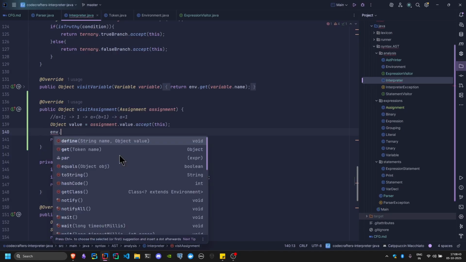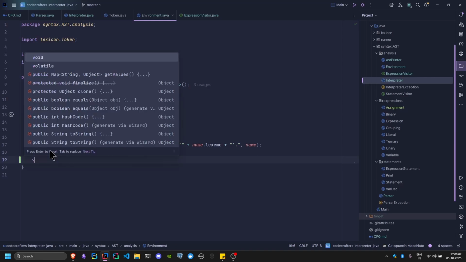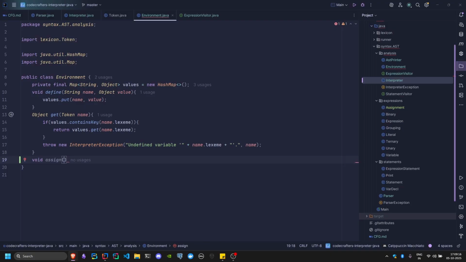Can we do that? We do not have a method for it yet. We only have a method that puts a key in the hash map and a method to get the value for a corresponding key from the hash map. But we do not have a method that is checking if a key exists in the hash map. That's what we need to do in an assignment. We need to check whether it exists or not first. So we can do that using a method called, I'll create it, void assign, and this assign method